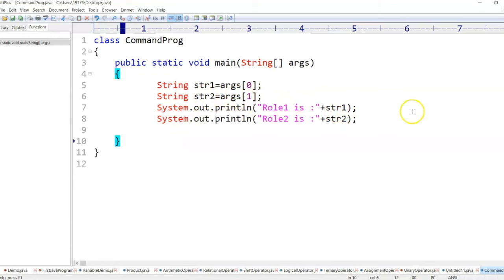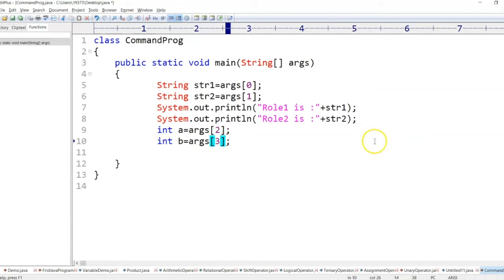However, if I want to convert this into numbers, I'm sending two more values: integer a and integer b. For integer a, I want to store the third value, args of 2, and then store args of 3 in b.